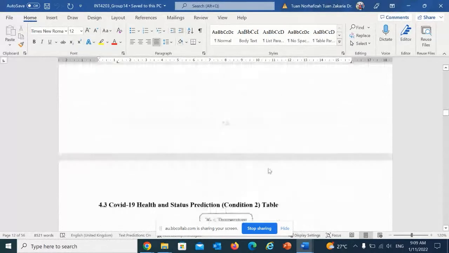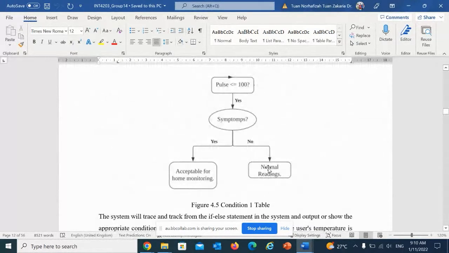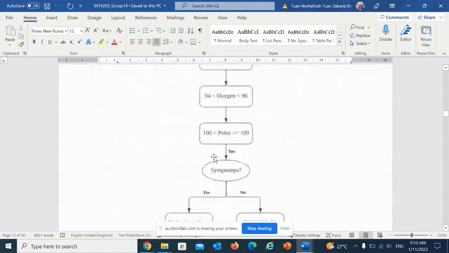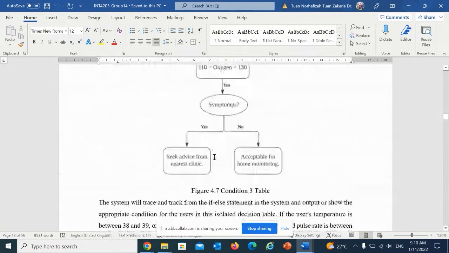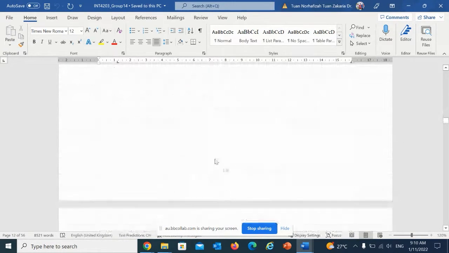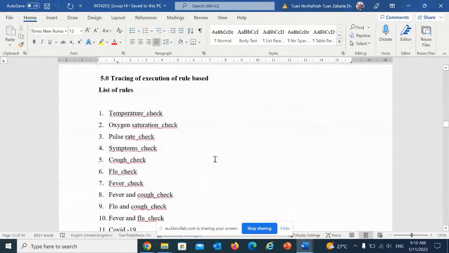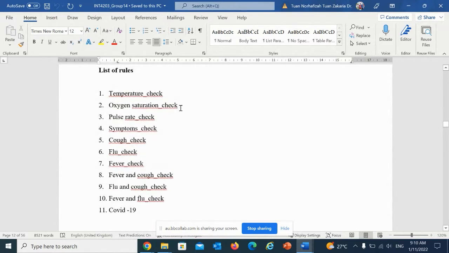This one is an example of your rules. For this rule, you will get this action or this decision. And then your reasoning, your tracing. If you have 10 rules, then you can list your rules.